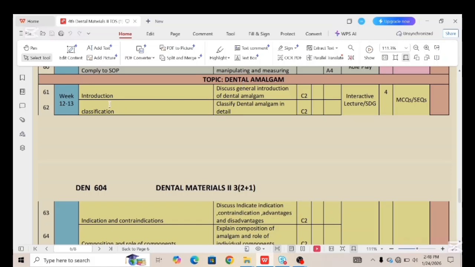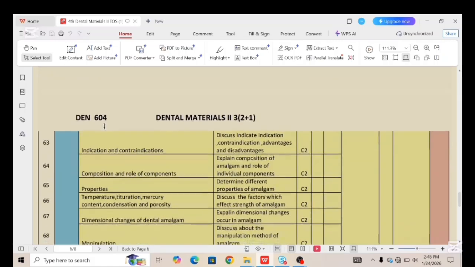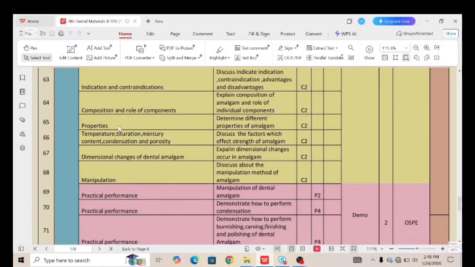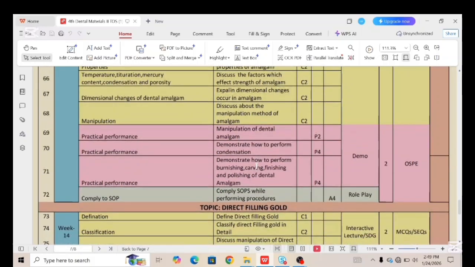study introduction of dental amalgam, classification, indications, contraindications, composition and role of the components, properties, temperature, titration, and condensation, porosity, dimensional changes of dental amalgam, and manipulation of dental amalgam. Practical performance is manipulation of dental amalgam, demonstrate how to perform condensation, demonstrate how to perform burnishing, carving, finishing, and